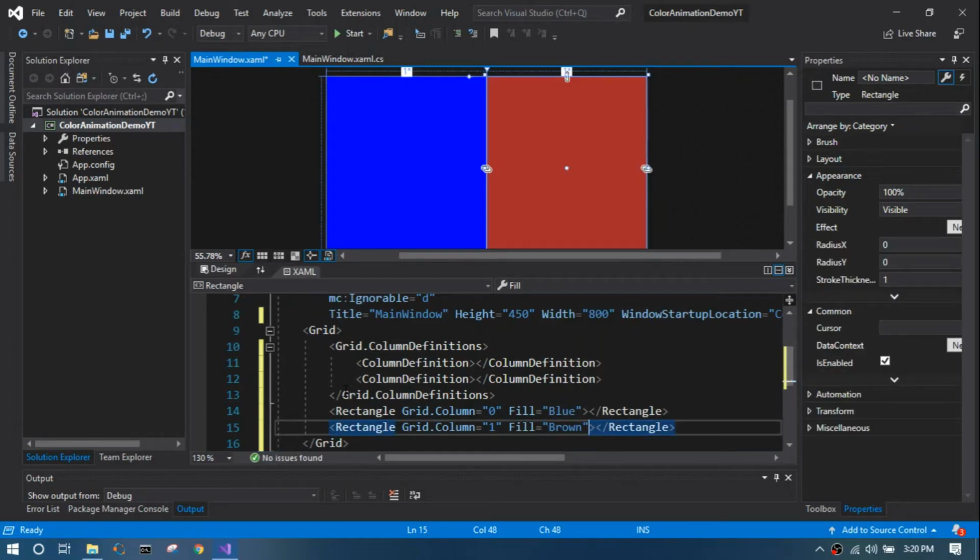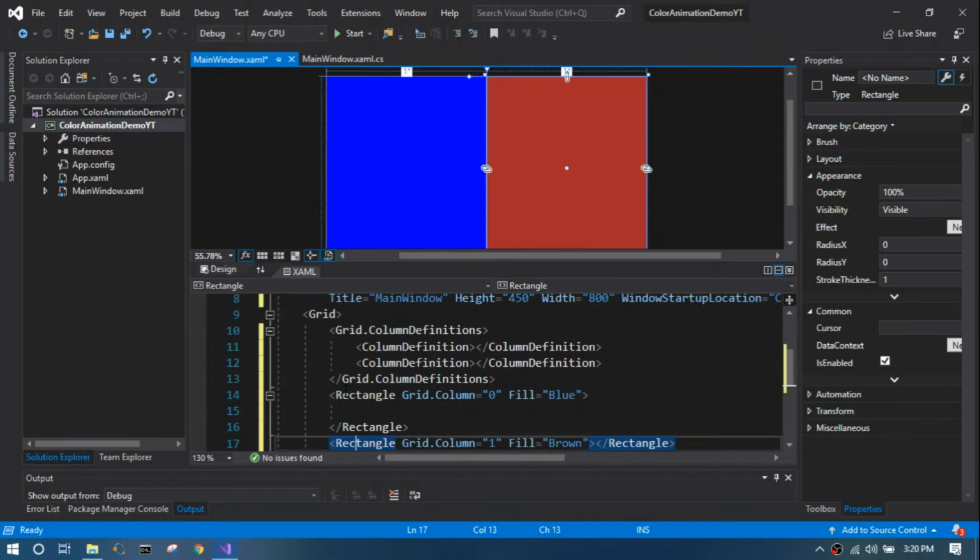So I have two separate columns, and each is filled with, one is blue and one is brown. And in order to animate, if you see the previous video, we have created a storyboard in the XAML itself, and we are going to utilize the same. First thing we have to do is, if you set anything in the property itself, it's going to be given a higher priority, so you cannot animate anything that has been set like this. So we are going to remove this,